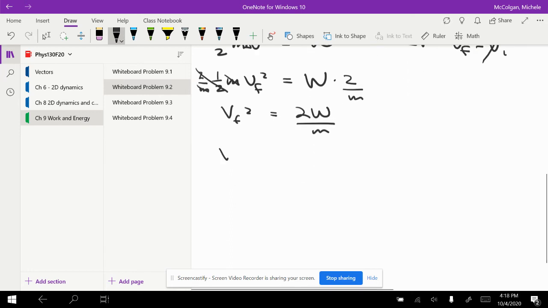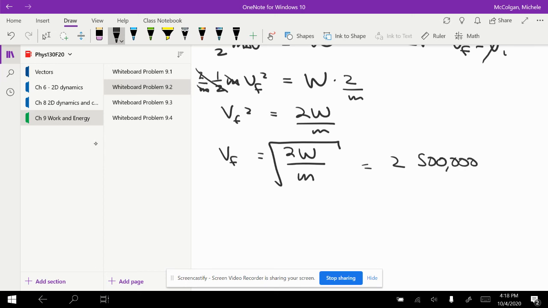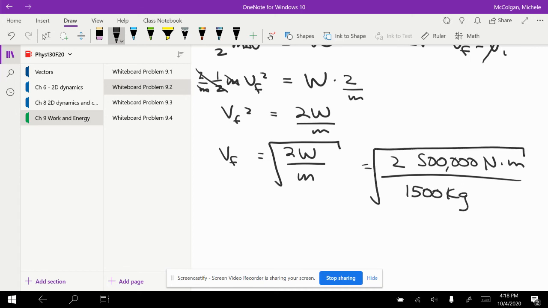And so I take the square root of both sides, and I get v final is equal to the square root of 2W over m. Plugging the numbers in, I get the square root of 2 times the work, now a positive 500,000 Newton meters, over 1,500 kilograms. And when I plug those numbers in, I get the final velocity is 26 meters per